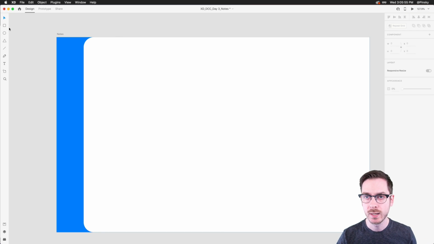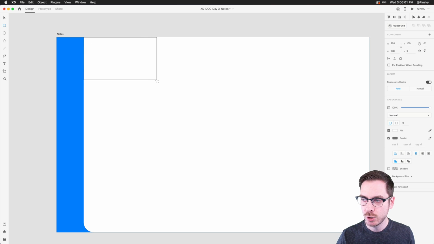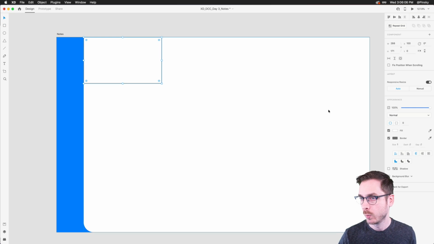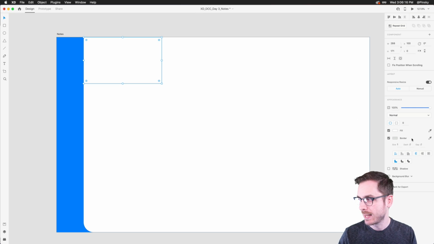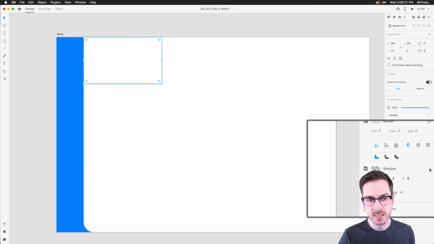So we've got this here, and now we want to start really exploring what a note could look like. So I'm going to grab the rectangle one more time. We always grab rectangles, right? And I'm going to draw one out just like this. I'm not too concerned about the size just yet, because that will be changing once we start introducing padding and things like that. And as for the border, maybe for now, I'm going to add a little bit of a border. We're probably going to get rid of that border and add a little bit of a shadow. You know what, let's do the shadow now. So I'm going to go ahead and turn on the shadow within the Properties Inspector.